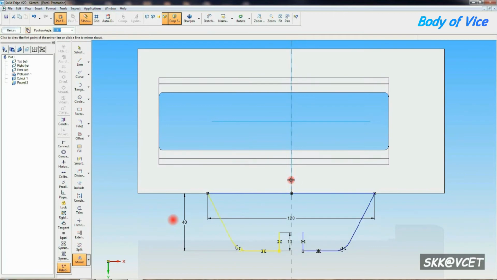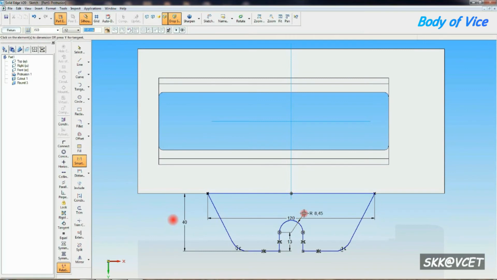And using mirror command, mirror that portion. By clicking the vertical plane, you can get mirror in opposite side. Now we will go to tangent arc. Draw the tangent arc. Like this tangent arc you have to draw.